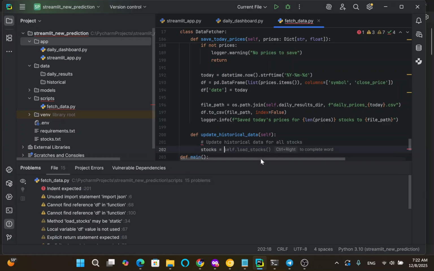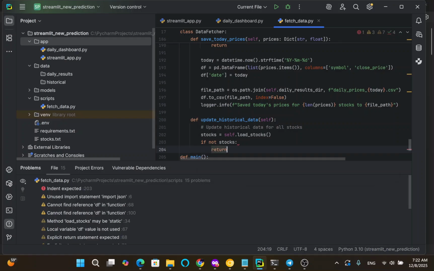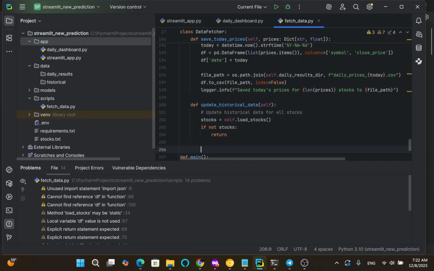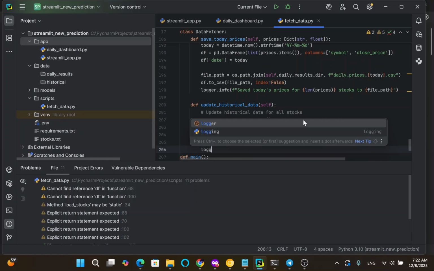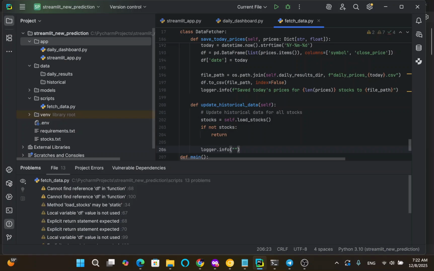Stocks will be self.load_stocks, loading the list of stocks from the previously created method. Again, if not stocks, return nothing. Now we will announce logger info, something to display,